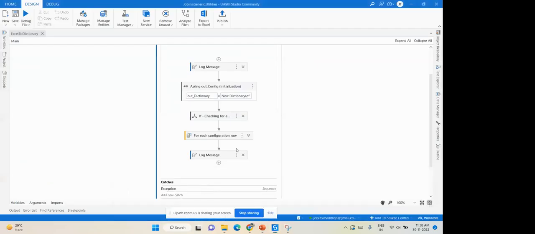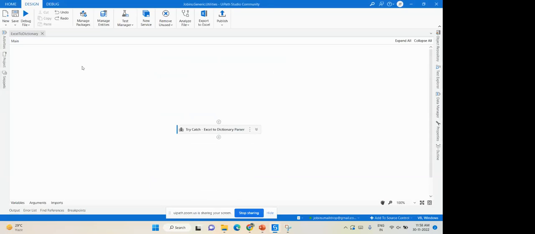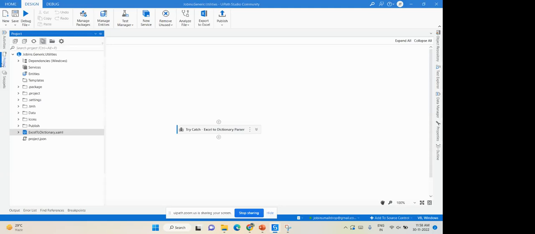I have created a library for my testing purpose, or rather it's a research thing. If you go here, this L icon indicates it's a library. First, I will tell what this library is doing. When there is an Excel file, this library will take